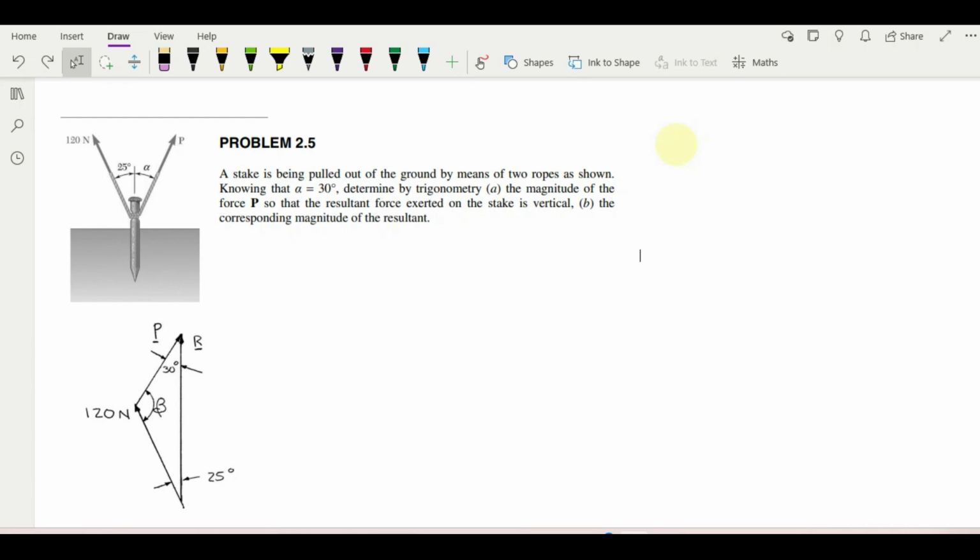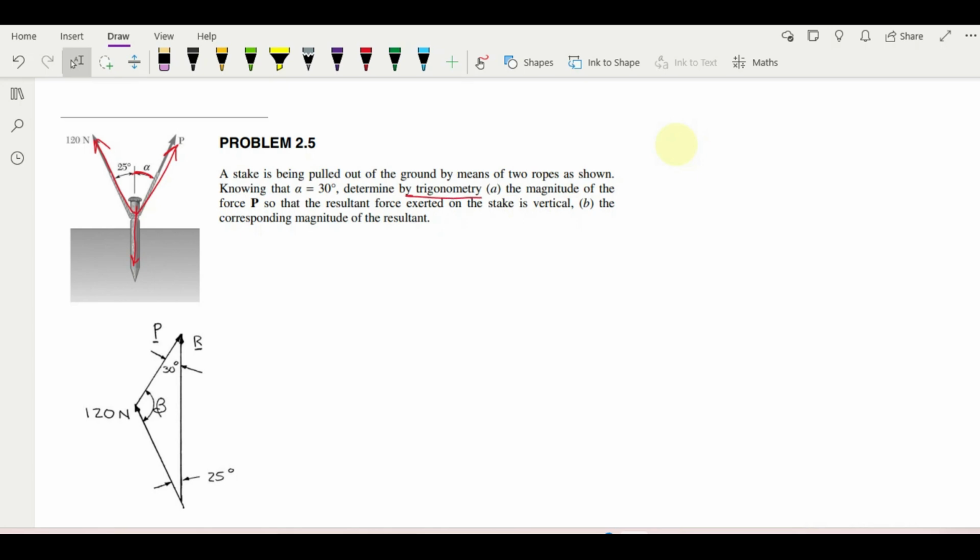A stake is being pulled out of the ground by means of two ropes as shown. This is rope 1 and this is another rope. This stake is being pulled by these two ropes. Knowing that alpha equals 30 degrees, this angle alpha, determine by trigonometry